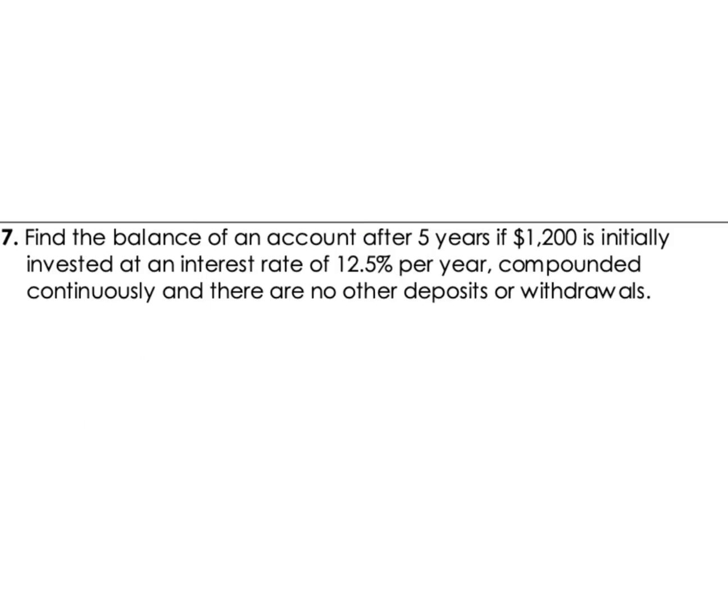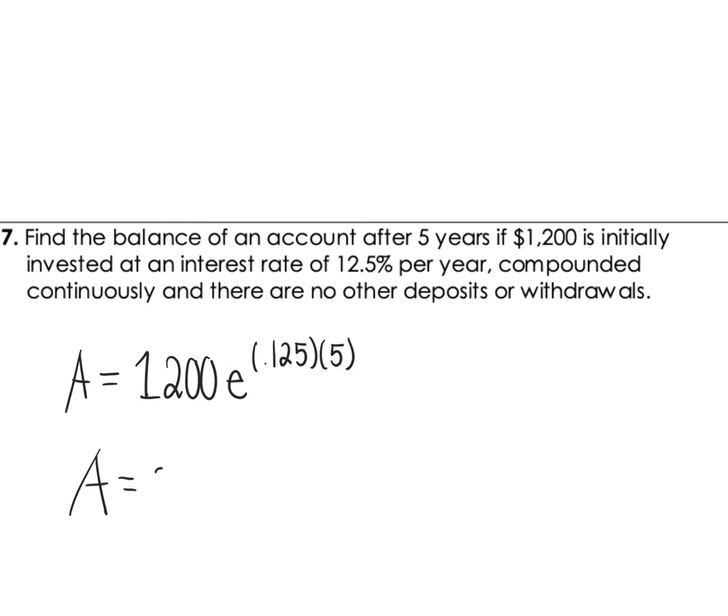Find the balance in an account after 5 years if 1,200 is invested at an interest rate of 12.5% per year compounding continuously. So this is going to be the amount is 1,200 e to the 0.125 times 5. So the amount is